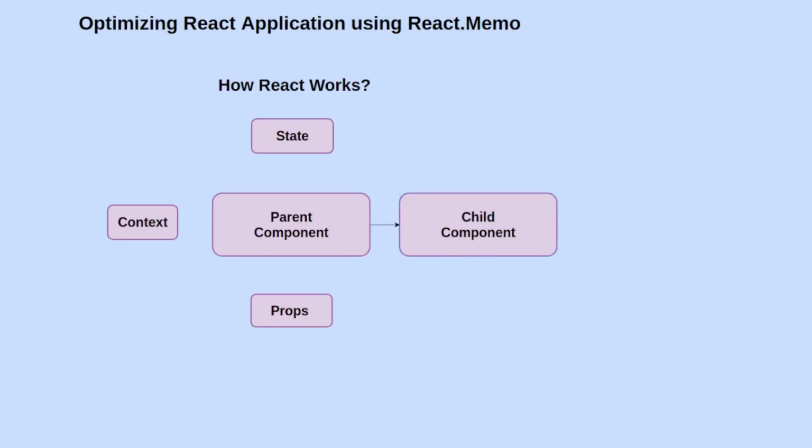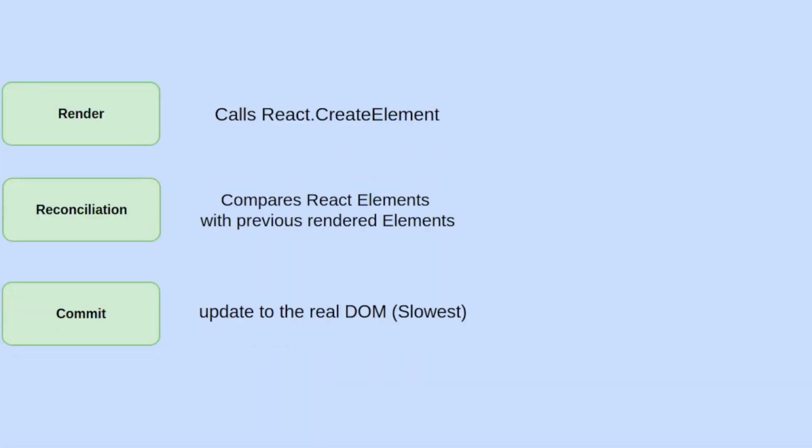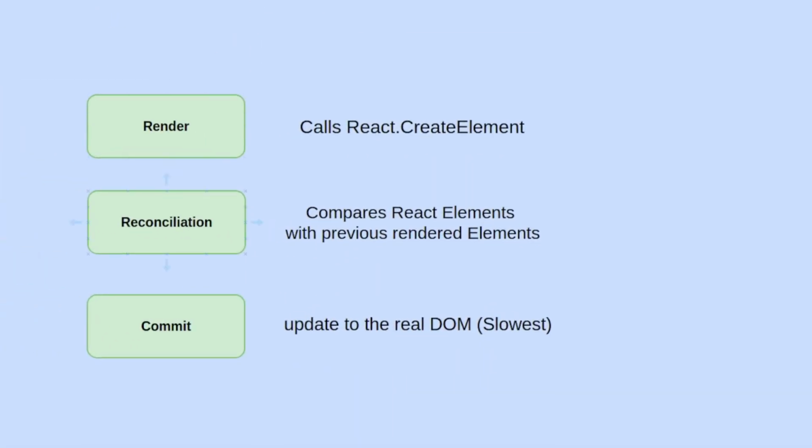So the thing is, even if my parent is changing, it is going to re-render the parent. Maybe my child component will still re-render, but it may not do the commit phase. It will go to the reconciliation, compare the elements, and see that, okay, I don't think I need to get re-rendered. I may not require a commit phase. I don't need to do the actual DOM manipulation.